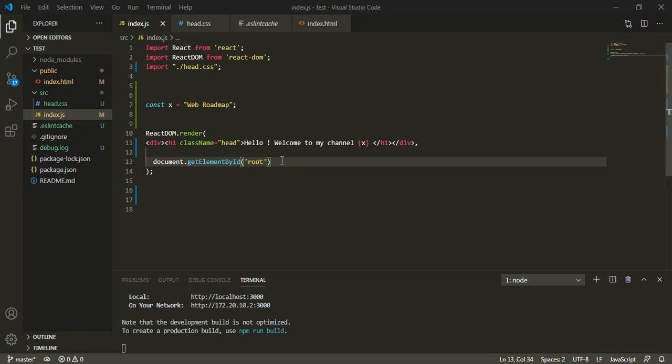Hello guys. In the previous video we discussed JSX attributes and why we use the className keyword instead of writing class directly. If you haven't watched that video, please do watch it, because it will give you an idea about what JSX attributes are and why we use them. And right now we can go ahead with the major concept of React,